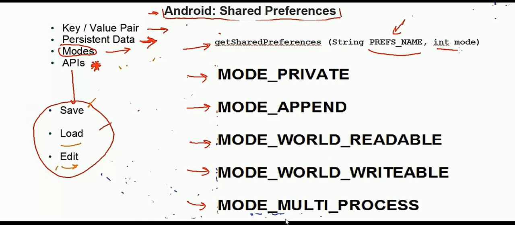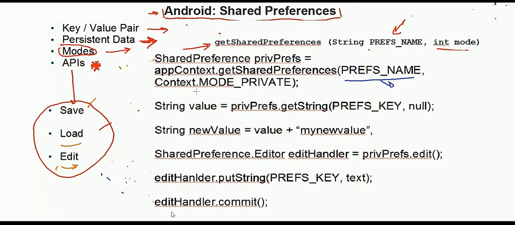Now we will discuss this mode a little bit, what these modes are and what they do, what they represent, and what happens when we use this mode as an argument in the getSharedPreferences function. Now we come to how we use these getSharedPreferences functions, how we load them, and how we save the preference values